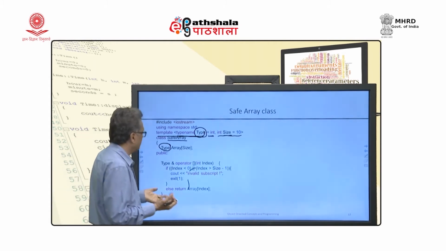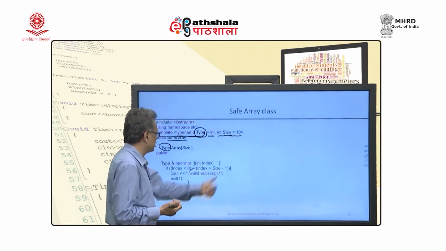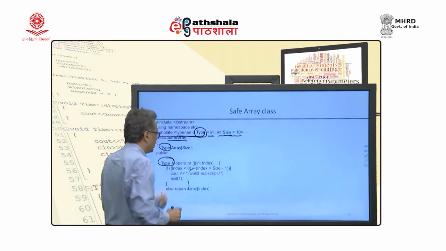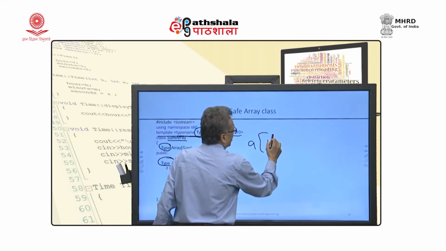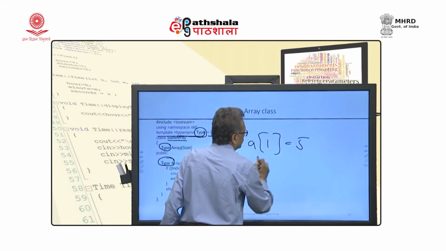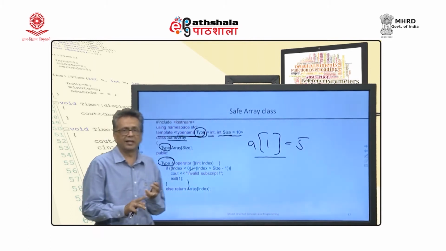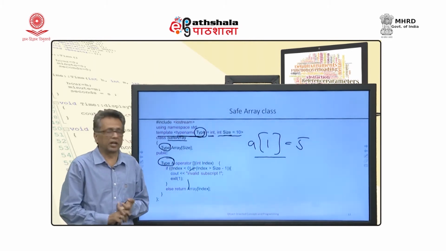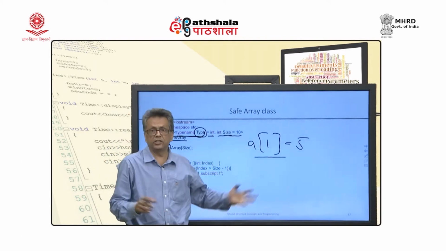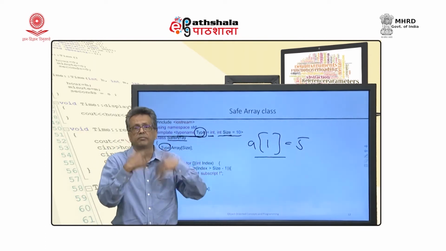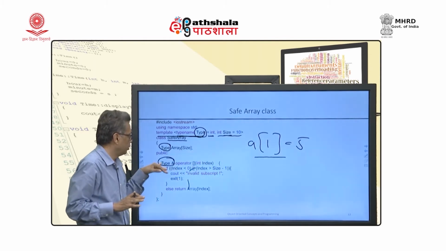And here is the code for the overloaded array subscript operator. You can see that this is the syntax. It returns a reference. Why does it return a reference? Obviously, because we are going to use arrays on the left hand side like this. When you use a function on the left hand side, it has to return a reference. So it is doing so here, and obviously the array is of some type, and a reference of that type is returned. That is why we do it this way.